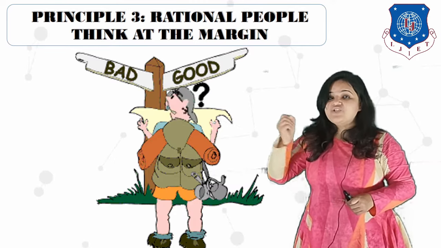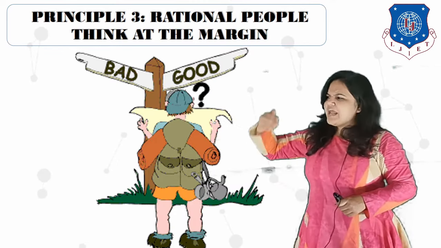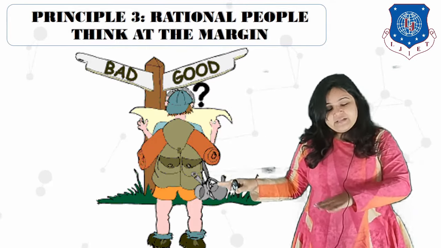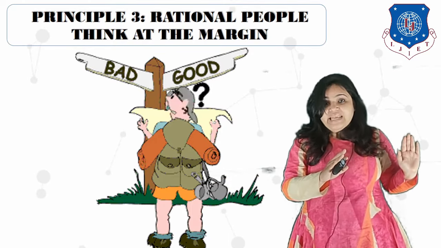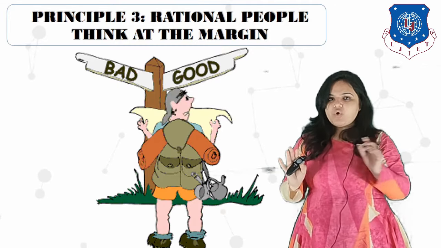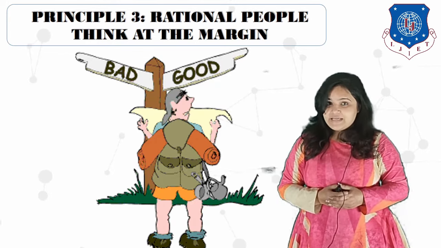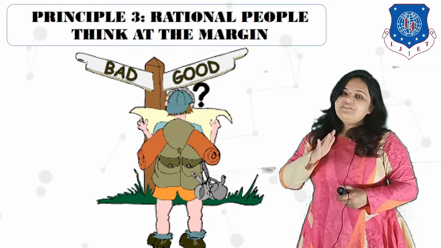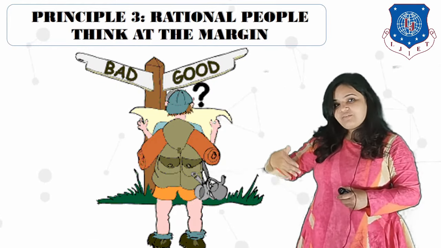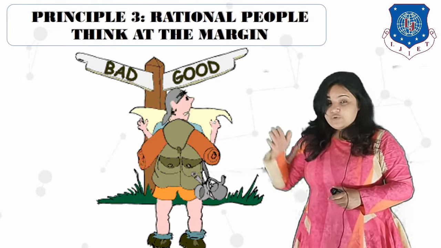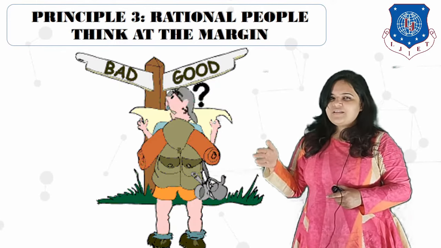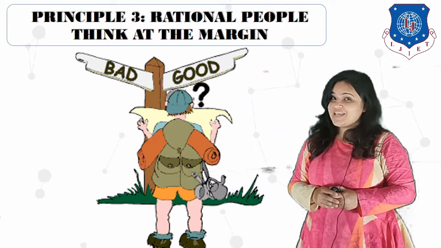What is the additional cost of taking up these 2 passengers? The flight is already going from Ahmedabad to Bangalore. There are already 180 passengers in there. There are 20 seats empty. Right? So, filling up 2 extra passengers would cost us nothing or a negligible cost. But in return, we are getting 800 rupees. We were getting 0 rupees if they are not traveling, but if they are traveling, we are getting 800 rupees. So those 2 passengers must be taken because on a margin, the decision is profitable, isn't it?